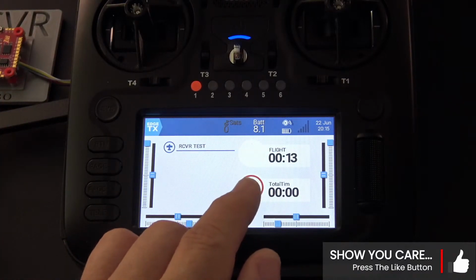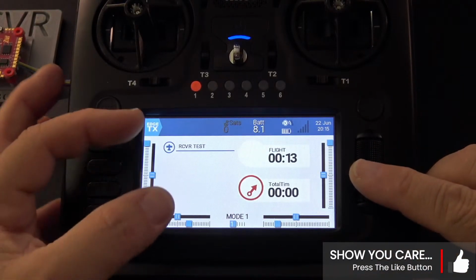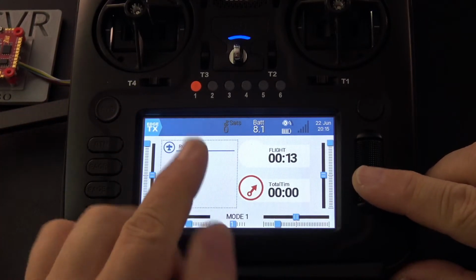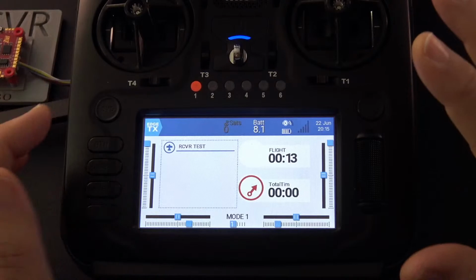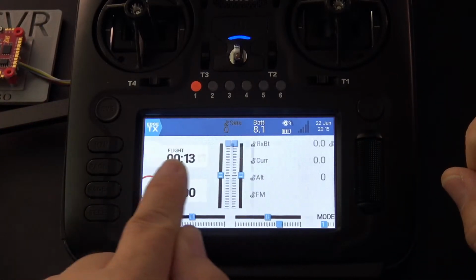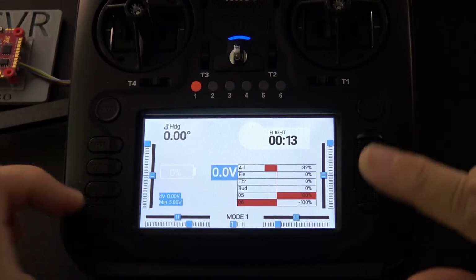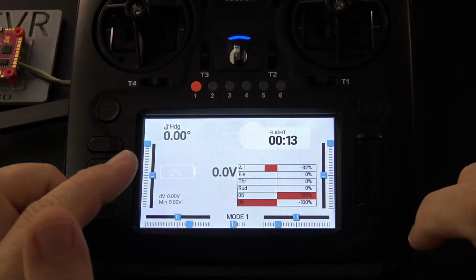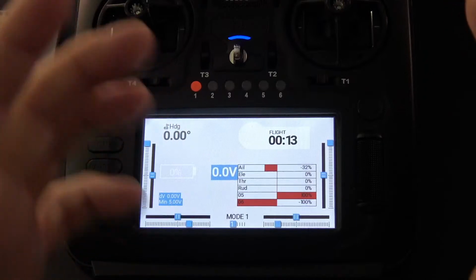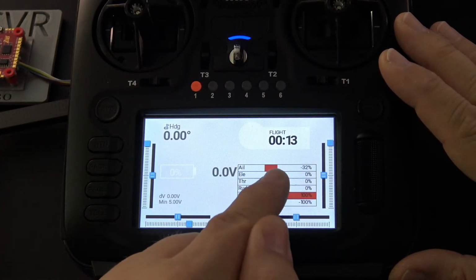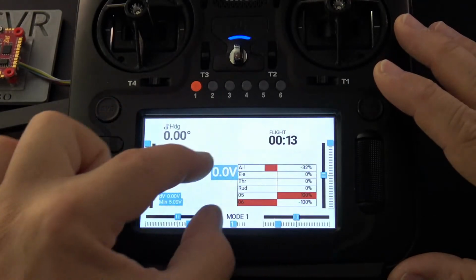Another thing I want to point out is that widgets on the main screen are now selectable. So here's what I need you to think about. I want to go over to another screen for just a moment. Just imagine for a second, the reason I made this goofy looking screen is because I want you to use your imagination. Imagine that this little button is not a channel monitor.